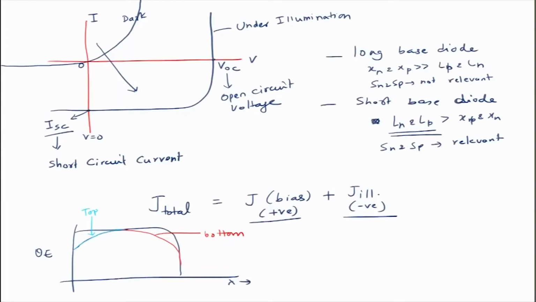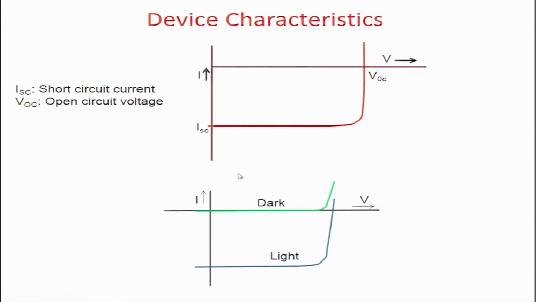So, now we will move on. These are the device characteristics that you get for a solar cell under illumination. As I said, the current at 0 bias is called the short circuit current, and the voltage at which the current becomes equal to 0 is the open circuit voltage, and this